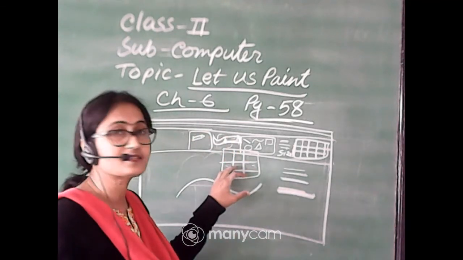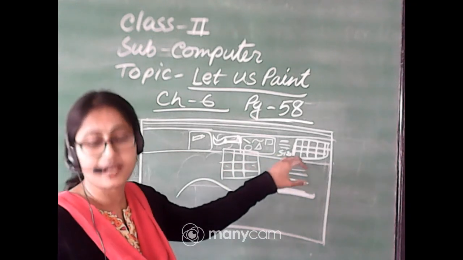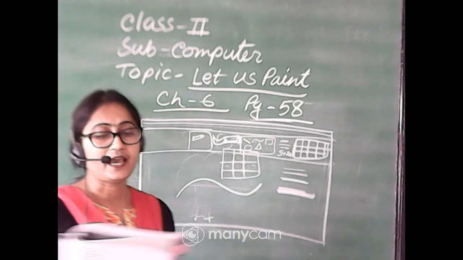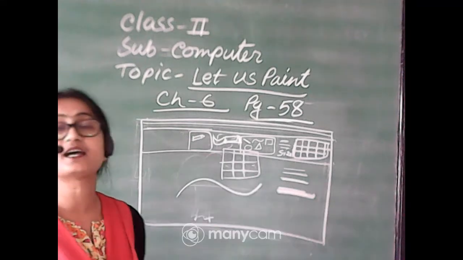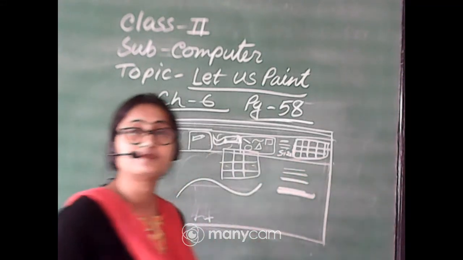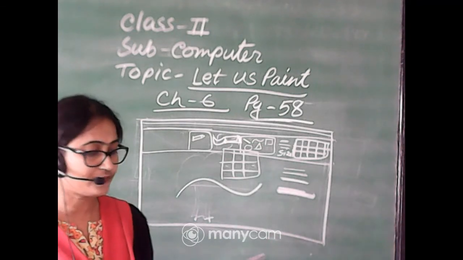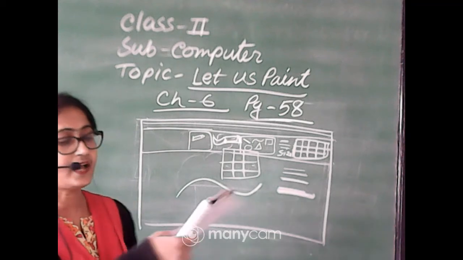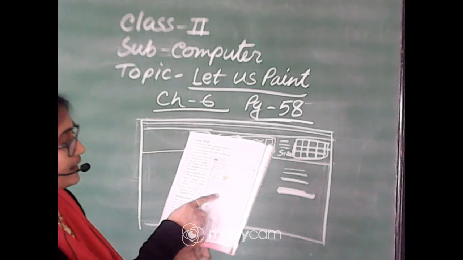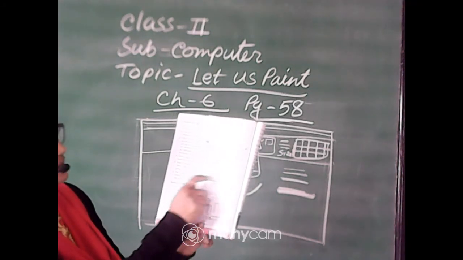You choose the brush, and then you can choose the size of the brush from the size button. Click the size and select the brush size of your choice. Okay, and then select the color of your choice from the colors group, and then you can make this type of drawing. Suppose this is the river, you can make this using the brush tool.